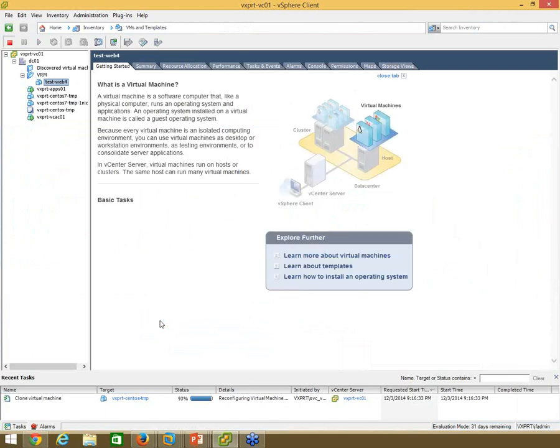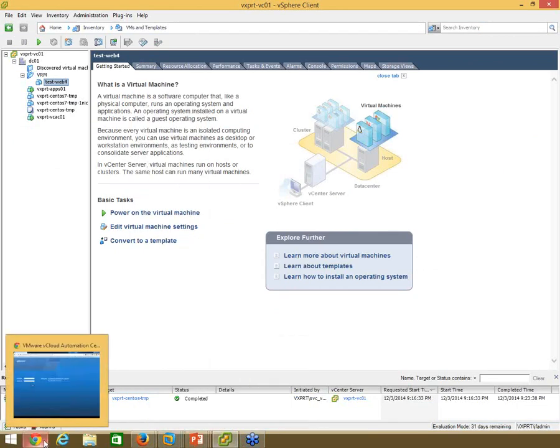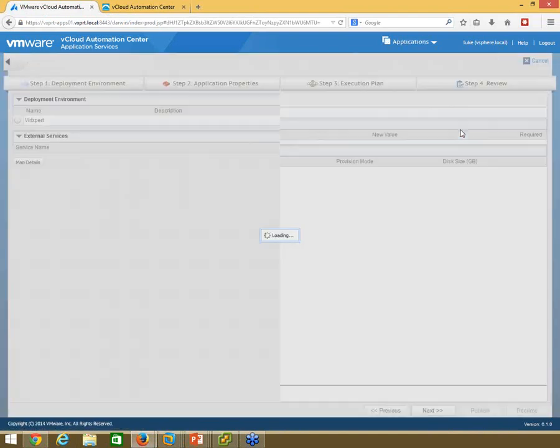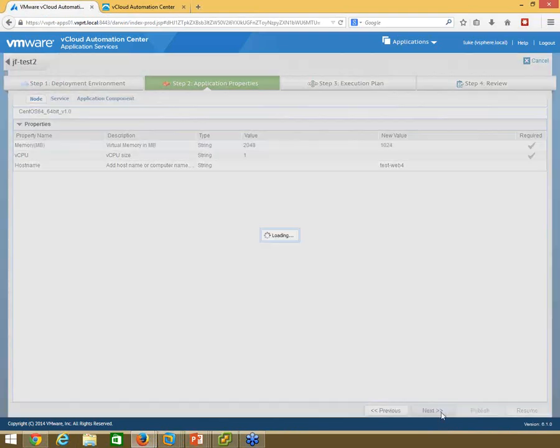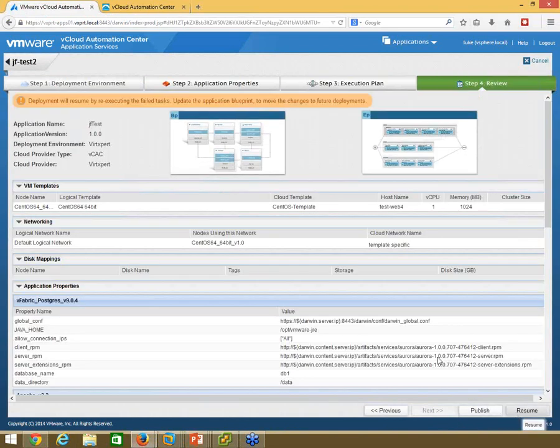I'm wondering if I didn't run into a timeout issue, because you can see here the clone's still going on. So why don't we try to... So this failed, which is sad. But if we can go to resume here. Let's see if this picks back up. If not, I promise to record a demo that is working. It theoretically should pick up at